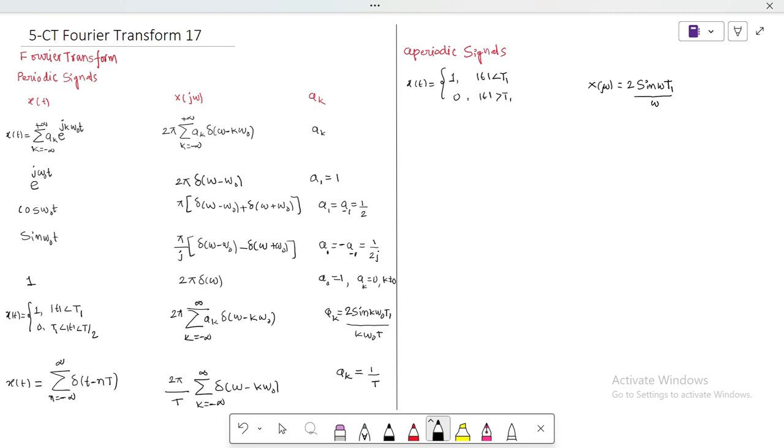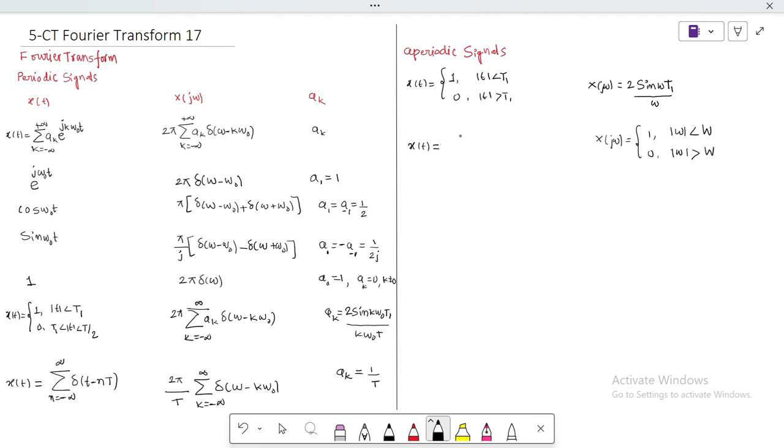Omega is a variable, and this is a sinc function, is it? The Fourier transform of a rectangle is a sinc, and here I'm taking in the frequency domain a rectangular pulse that equals 1 for mod omega less than W, and 0 for mod omega greater than W. For this case, the inverse Fourier transform